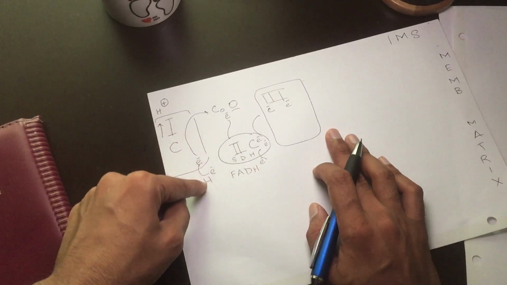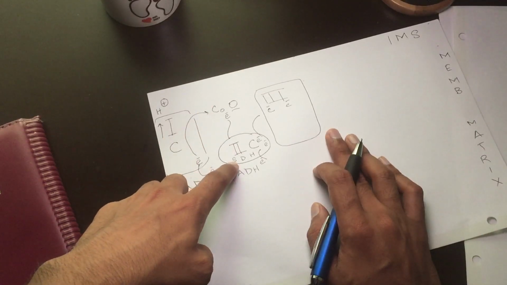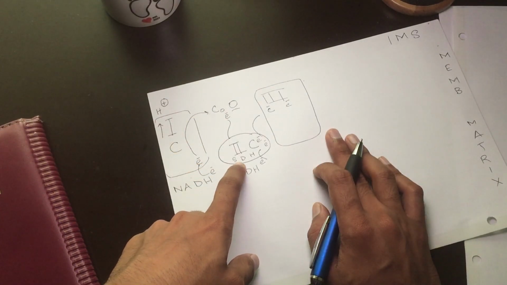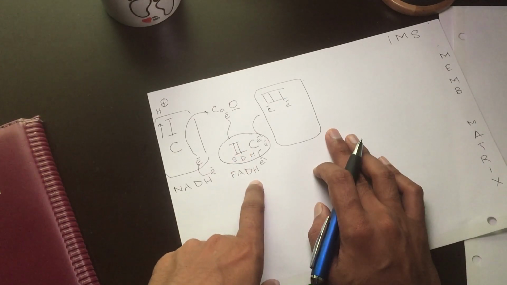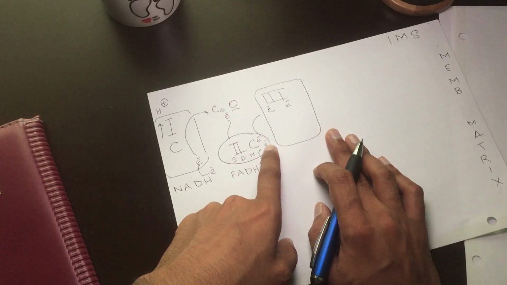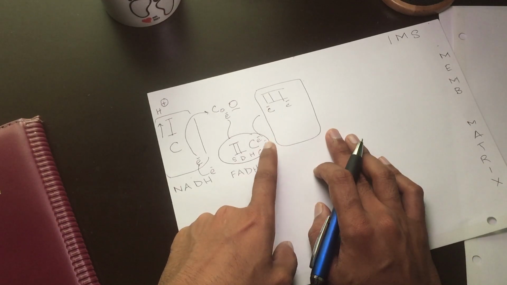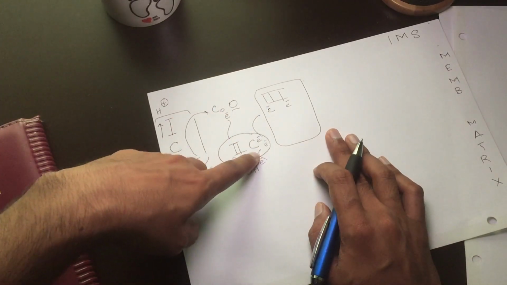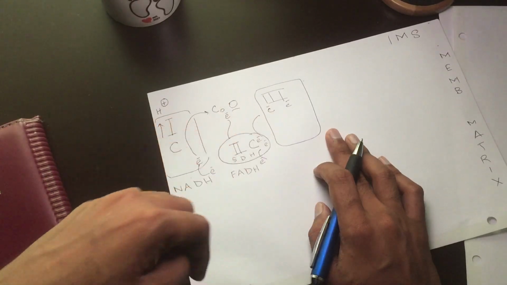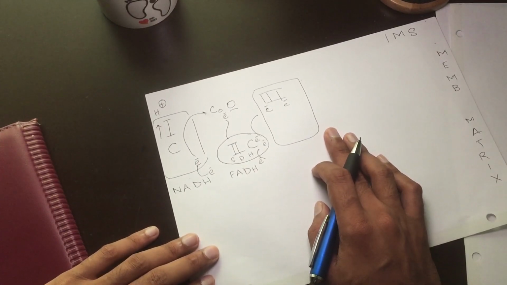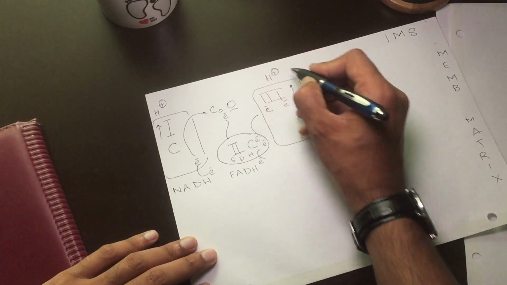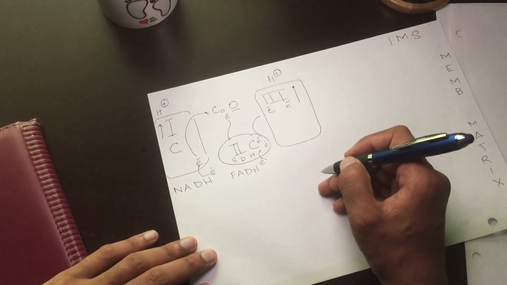The electron coming from NADH is used to initiate the succinate dehydrogenase enzyme. But the electron which comes from FADH is carried by complex 2, and complex 2 carries 2 electrons and transfers them to complex 3. So at complex 3, it carries the electrons and pumps the hydrogen from the matrix into the intermembranous space.